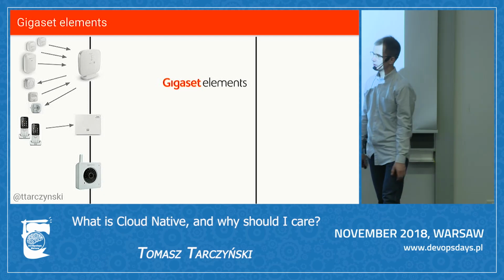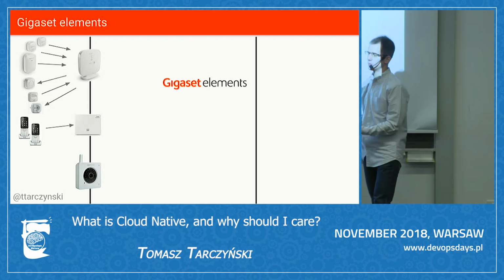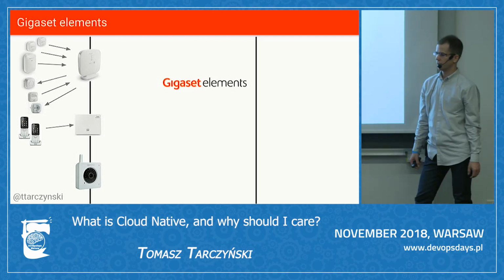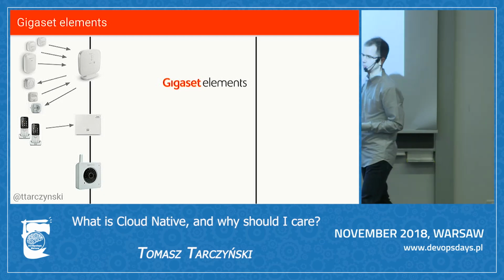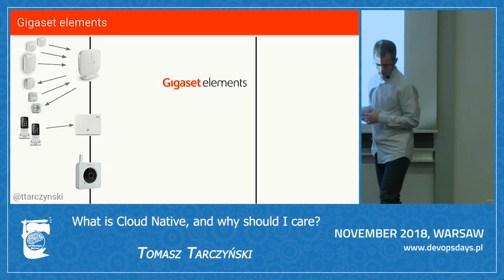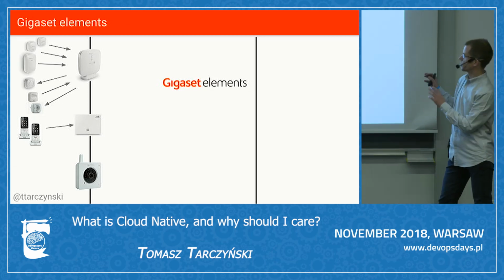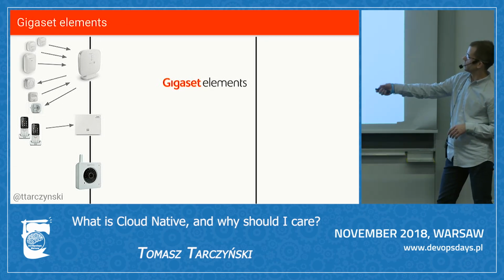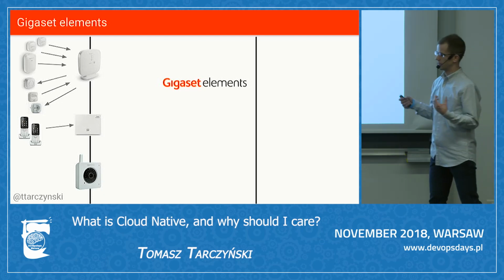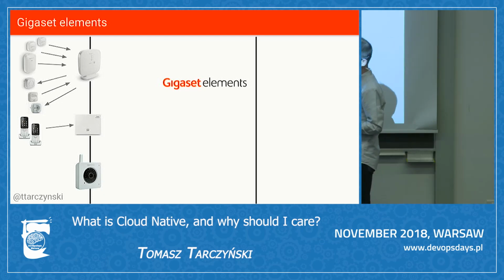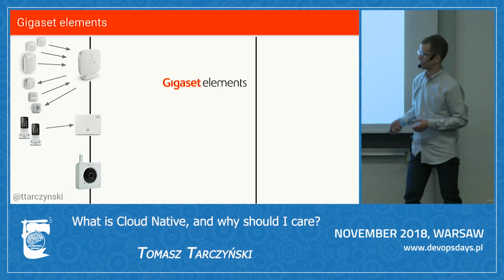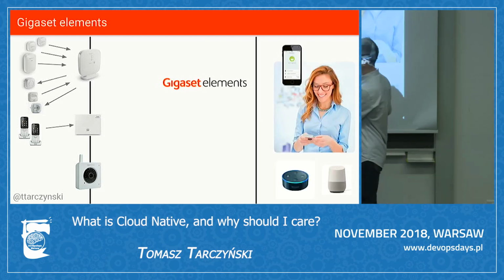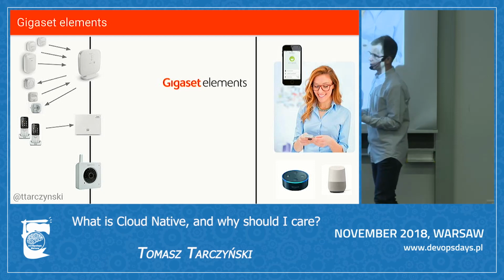So at Gigaset, we work on a smart home system, which lets our customers monitor the safety of their homes and also program some automated actions. And this system is built from 3 main parts. There are the devices: sensors like the door sensor, motion sensor, actors like a smart plug, things like a smart camera. Then on the other end of the system are our customers.